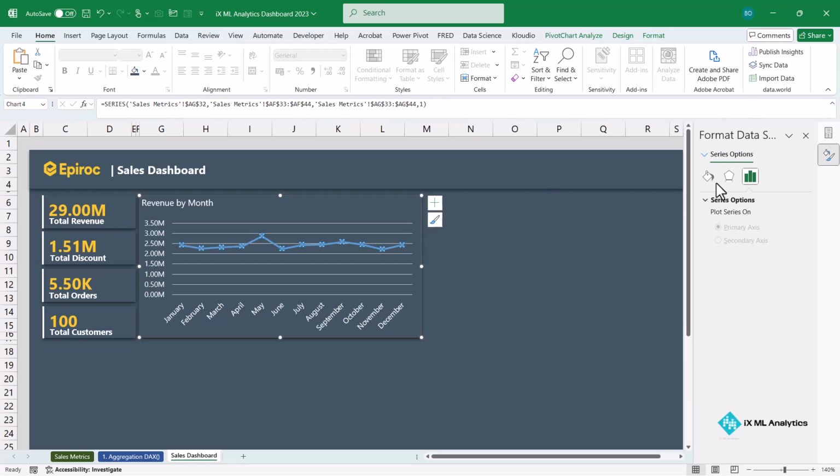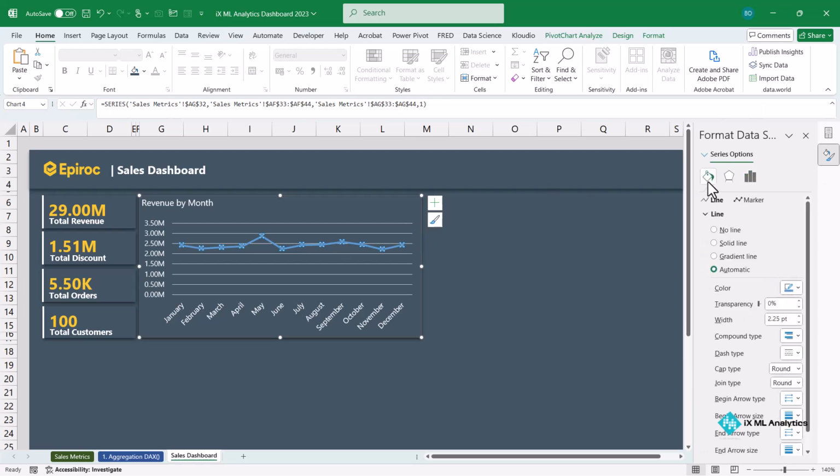Okay, when you do that, click on the fill and line, the paint bucket here. Currently the line color is blue and it's set to automatic. So select solid line,